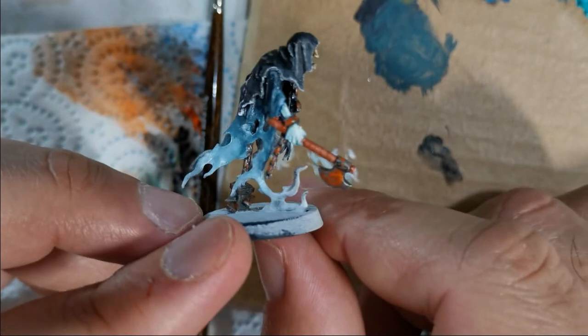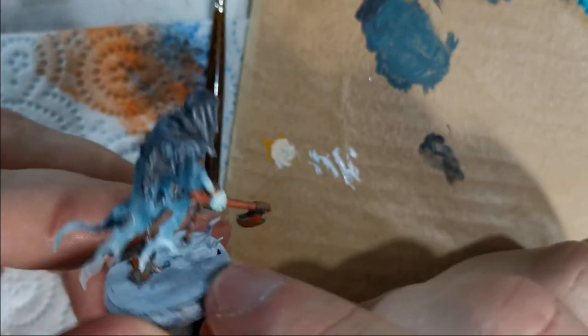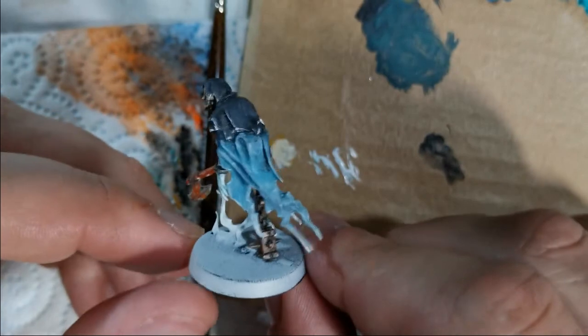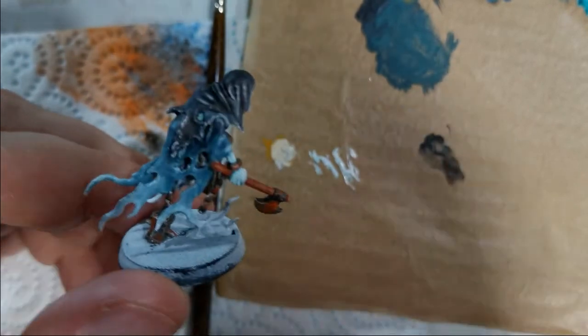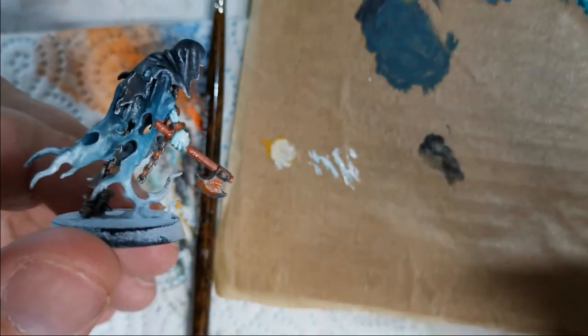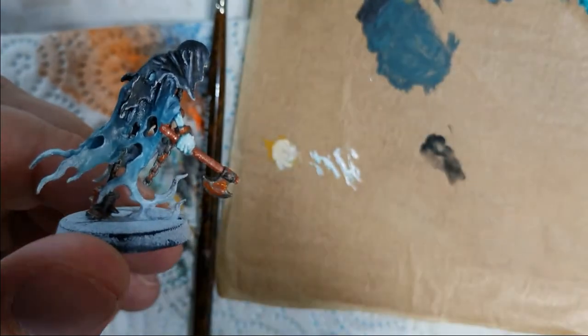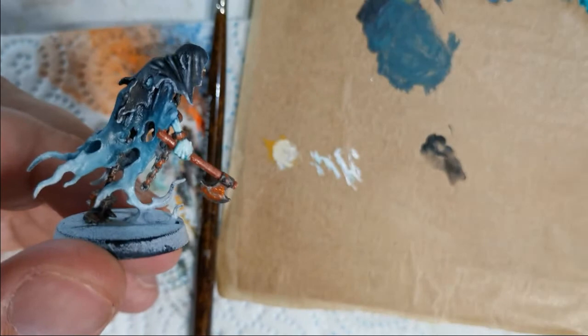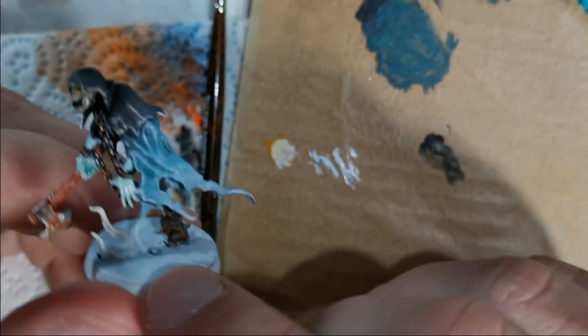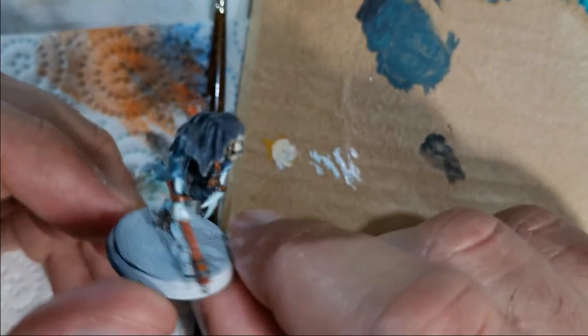Well, that's one Nighthaunt done. I've only got a couple, I say a couple, about 40-50 more to go. I may get them finished one day. Well, I hope that's been helpful. So you got to see some of the fading ghosty effects. Got to see mixing acrylics with oils, not actually mixing them, but laying one down, letting it set dry, and going over the top, and you got to see a pin wash. I hope some of that's beneficial for you,